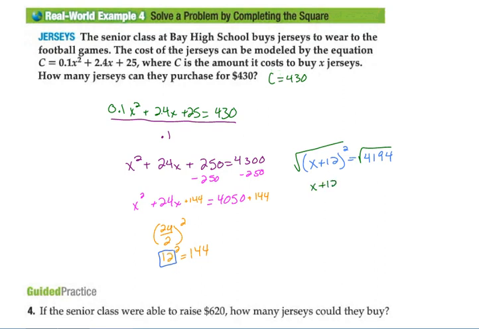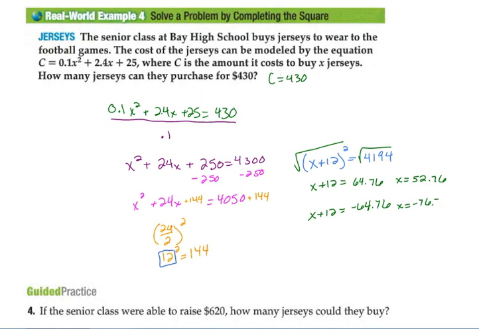So we end up with x plus 12 equals the square root of our 4194, which is about 64.76. Remembering that I'm supposed to set that equal to both positive and negative. Technically, we didn't have to do this last one, and I will show you why in just a minute. Let's go ahead and subtract that 12 over. So we know here x could equal 52.76, or negative 64.76 minus 12,